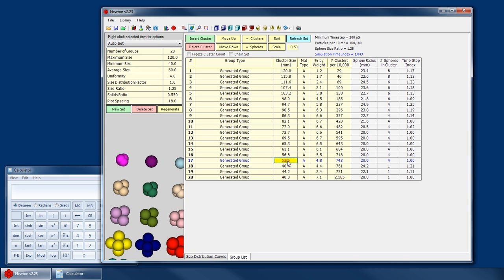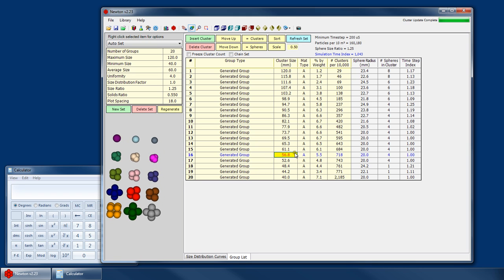And then Newton says, well, what should the radius for these spheres be? Because I could certainly use smaller spheres, and I could have less overlap there. But it says, nope. Well, when we move up to the next cluster, let's maintain that minimum radius so that it matches the very first one. It says, okay, well, let's create it with 20 millimeter radii, and let's smash them together so that we can match this cluster size. Alright, and then it goes up to the next one and says, okay, the next one